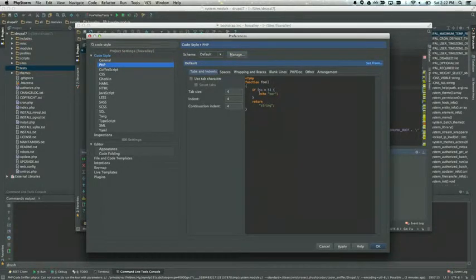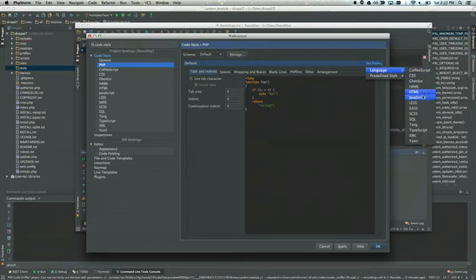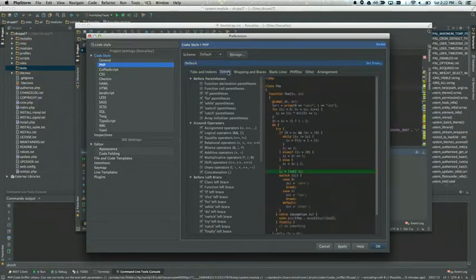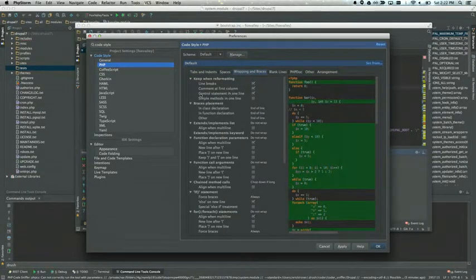So by default, there's 4 spaces here, 8 spaces here. That's not really what we want. So we could go to Set From, select Language, and then select Drupal. And then it changes to Drupal's coding standard. So it changed the tab size, the indent. It defines the spacing here, wrapping and braces. So when I did that reformat, it reformatted my code to match this.